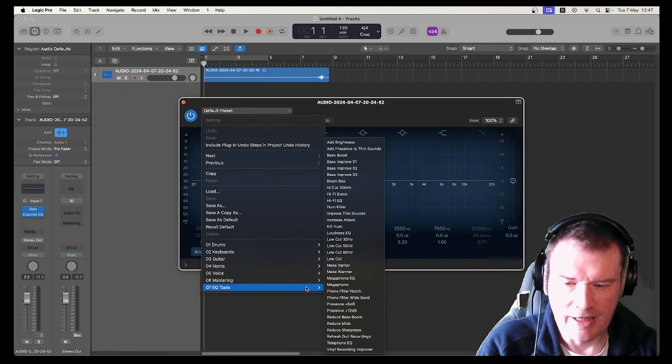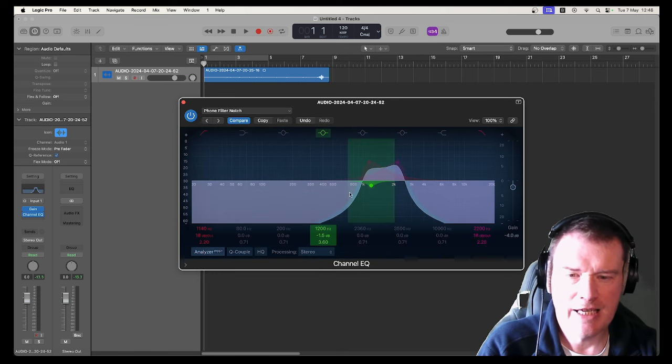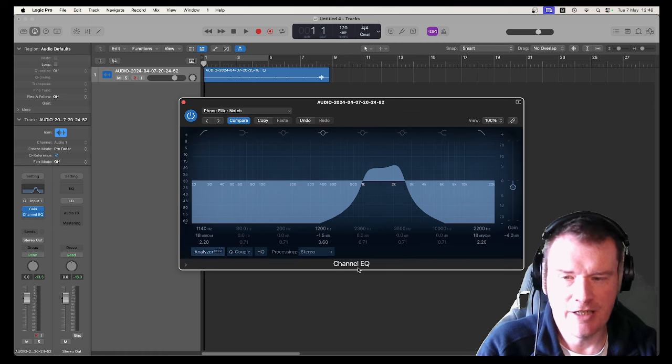And if you look here, there's phone filter notch and phone filter wideband. If I put phone filter notch on, somebody has actually gone and designed a phone filter for you. If I just play this now,